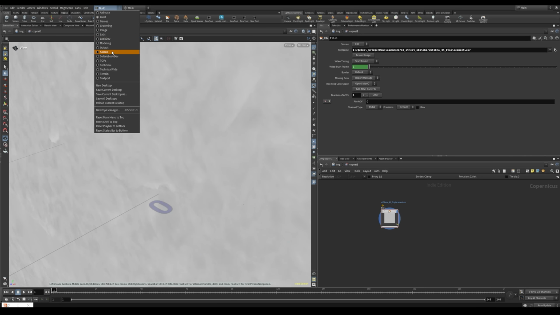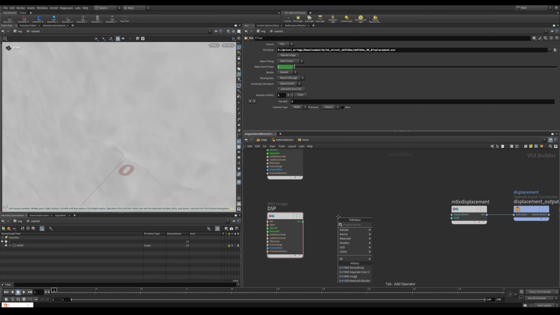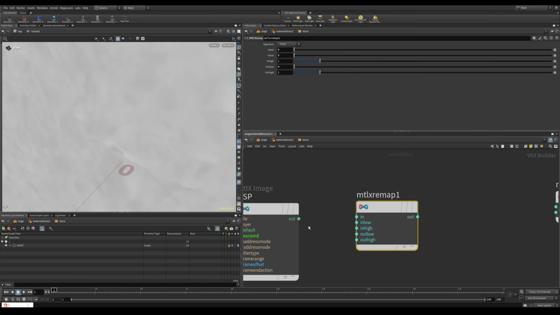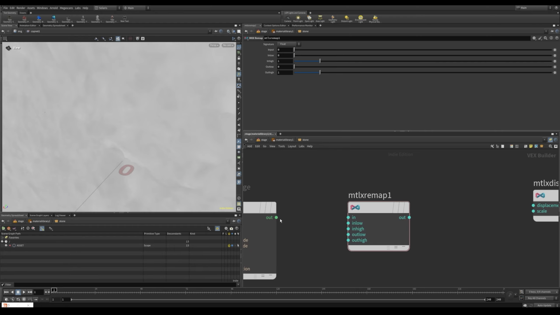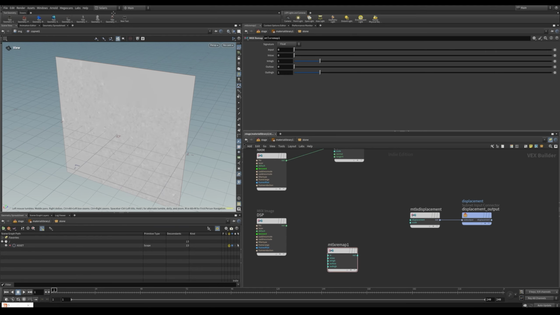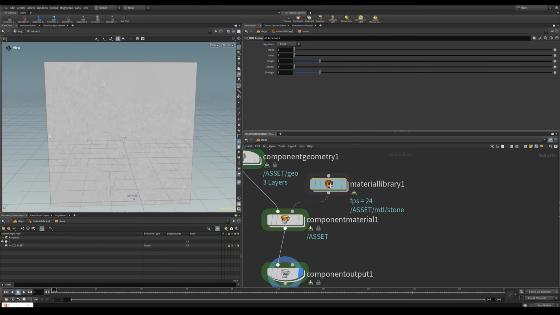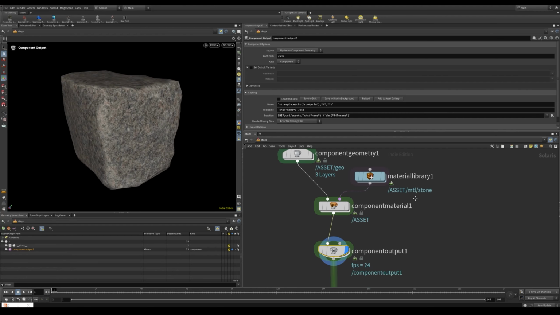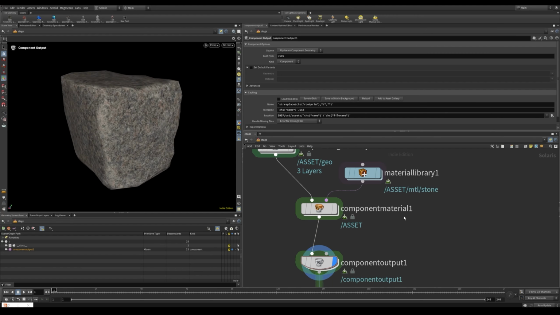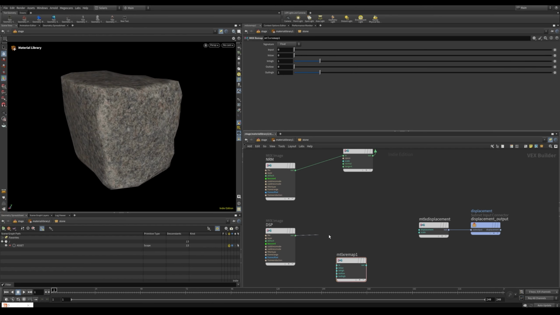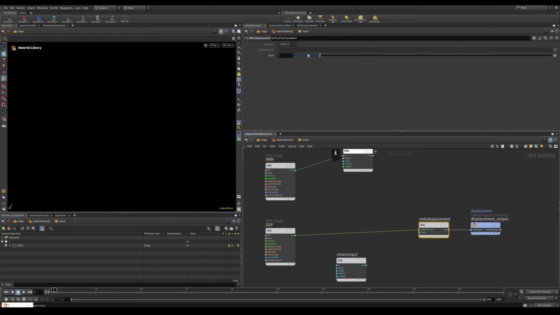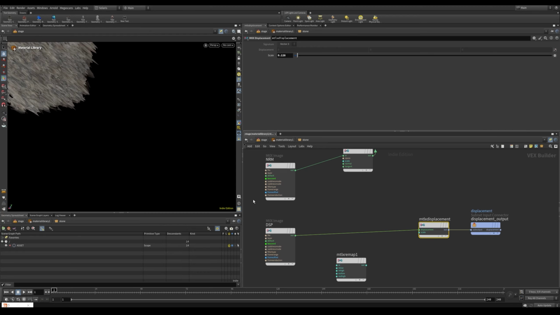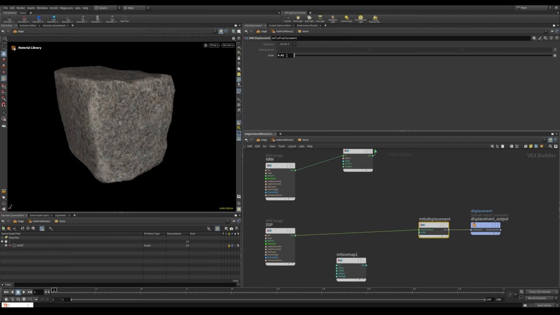Let's go to the Solaris view. What we can do is take a remap, so we can adjust the mid value for this one. Let me show you how it looks if we don't adjust the mid value. You can quickly see this inside. You can see everything is inflating. It totally cuts down the displacement. It's nothing. So to avoid this kind of issue,